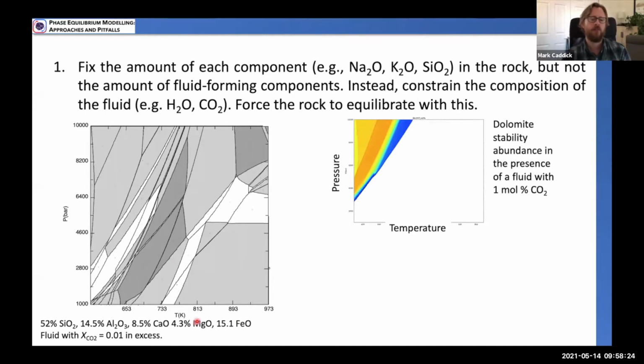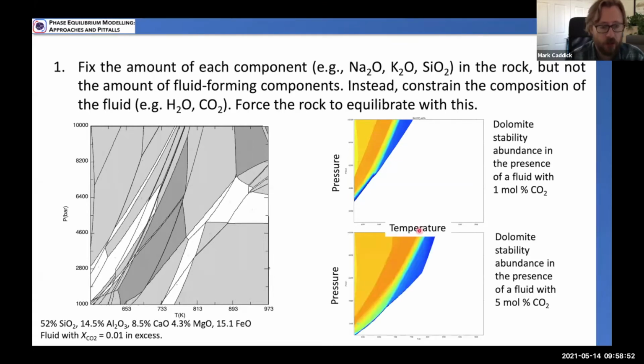And we can look at the phase relations that we get out of this diagram, and we can, for instance, contour the amount of dolomite that one would get. Again, the labels on these contours are too small to see, but blue is not very much. Warmer colors, more and more dolomite stable. And so what we can do is we can resection this at different fluid